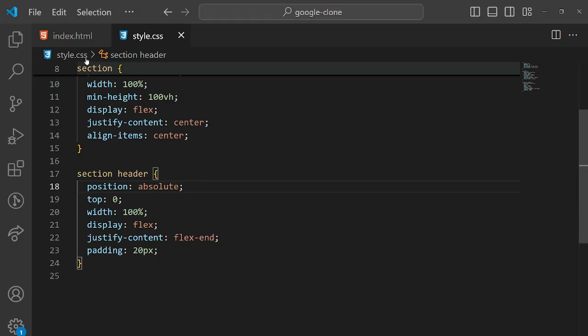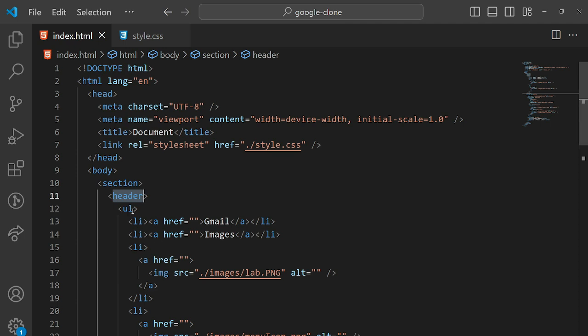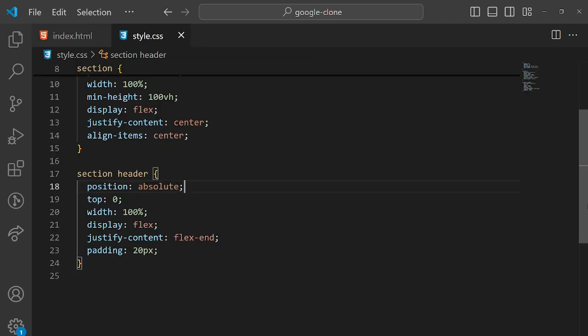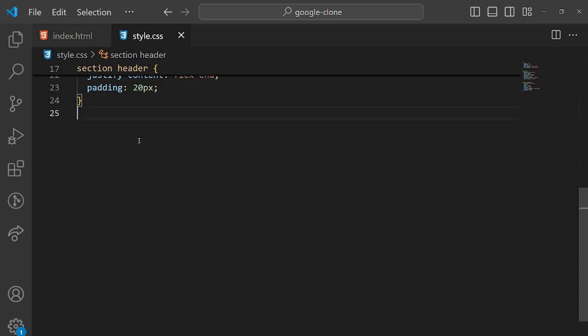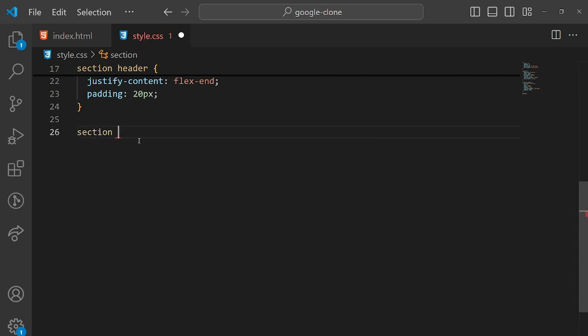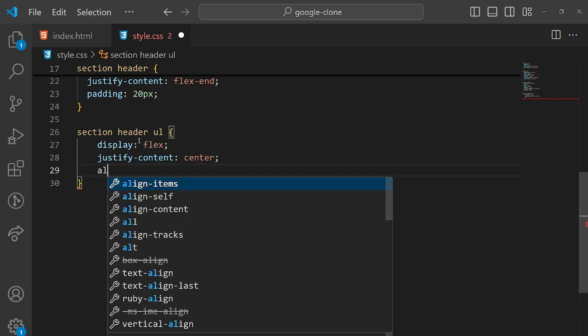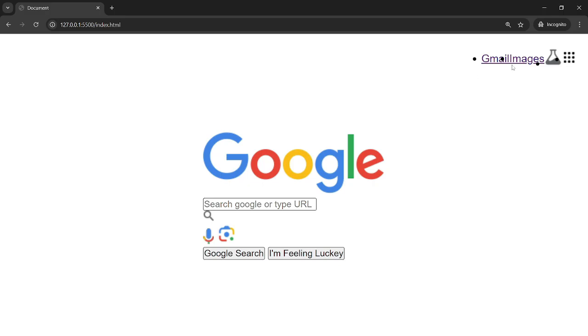So let's go to this HTML file again and we need to target this UL tag. So for that, inside this CSS file we have to write section header, and after this header we have this UL tag. So the display is flex, justify-content center, and align-items center. So you can see the menu items in the same line.